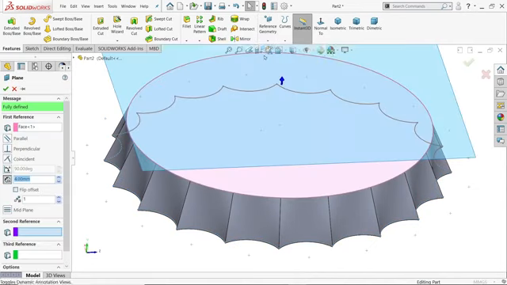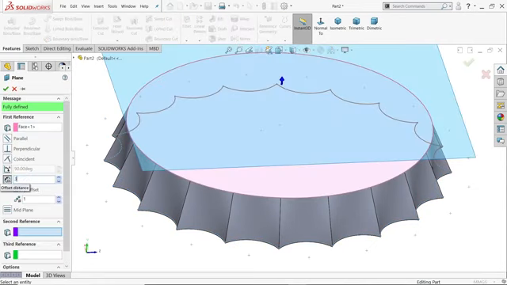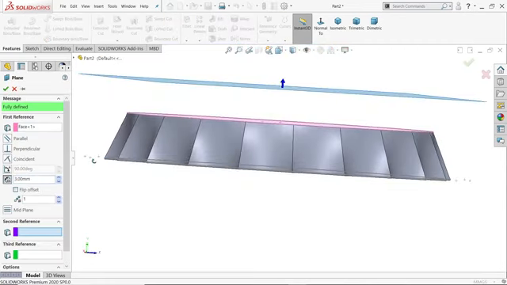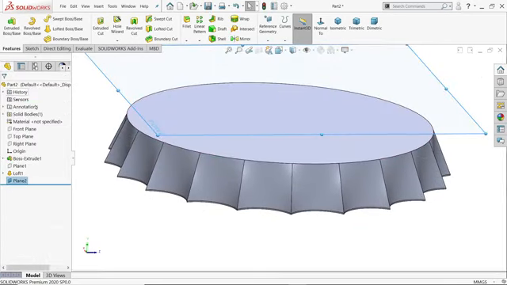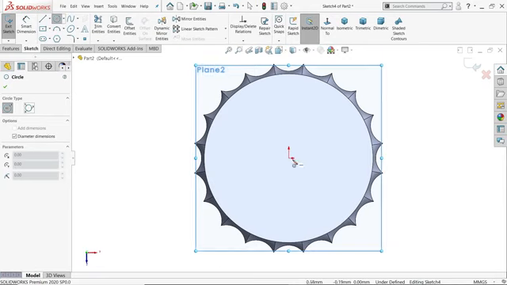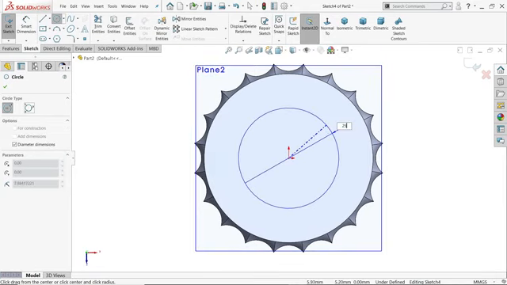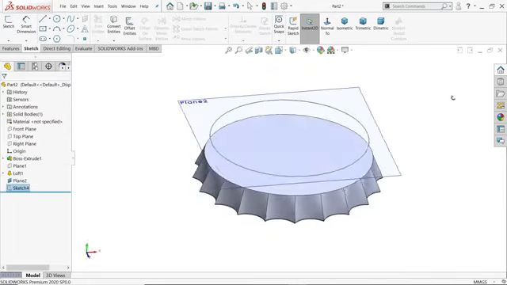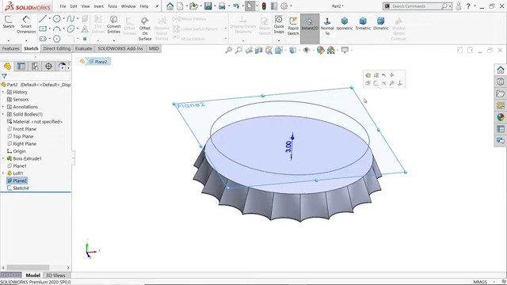Select face, plane. Now this time make 3 millimeter. See, yes, select face, plane, sketch circle, and this is 25 millimeter. Now exit. Now you will see, simply hide.